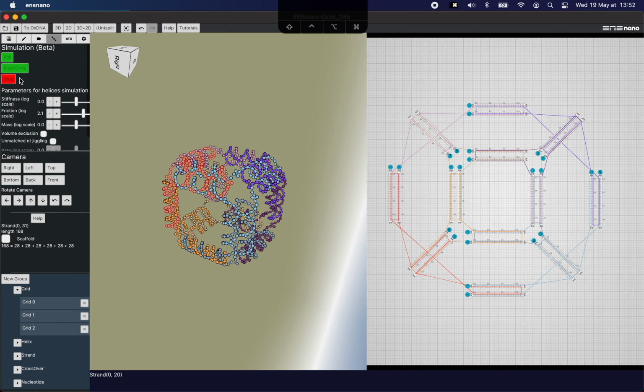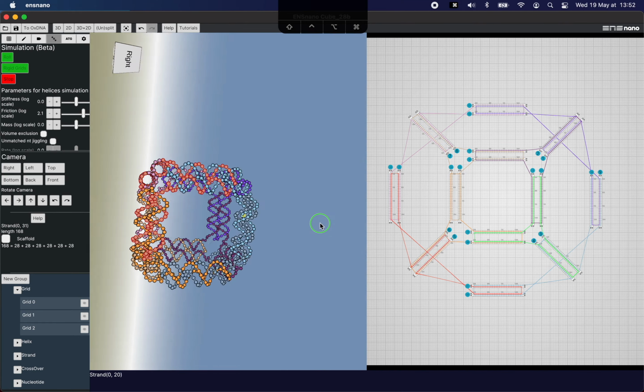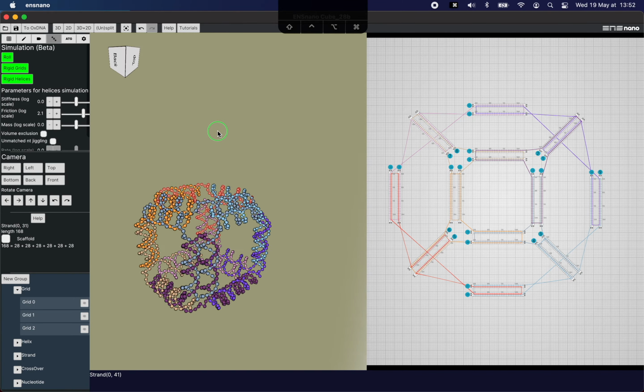But the best test is to run the rigid grid to test the stability of the design. In that case, every double-stranded part is considered as a rigid cylinder connected by springs, with the crossovers seen as springs. And we can see that the design is remarkably stable. So we should have a great result with this cube in the assembly.